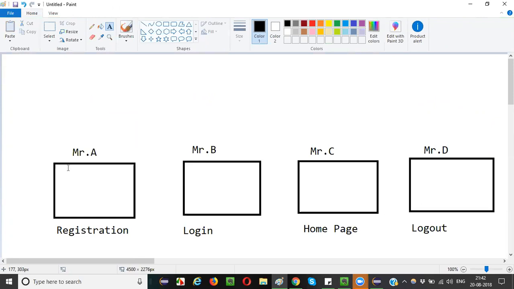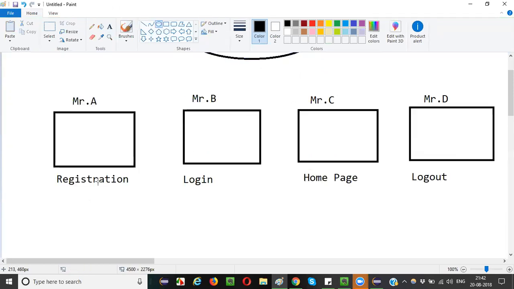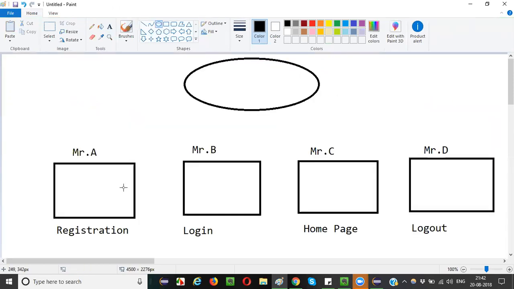Okay. So let's assume that Mr. A completed this automation first. Out of all these people, Mr. A, Mr. B, Mr. C, Mr. D, Mr. A completed the automation of this registration functionality in the first go. So he completed automating this particular functionality fast, and he's ready to